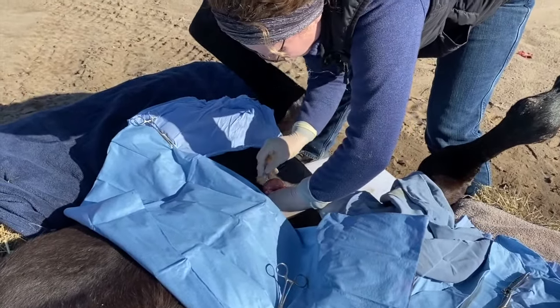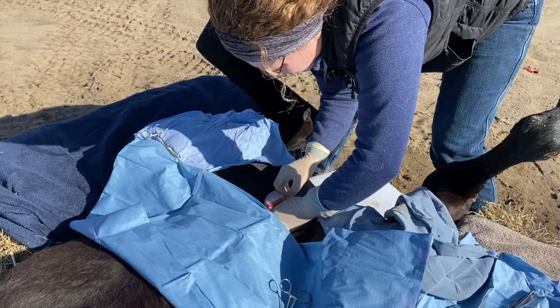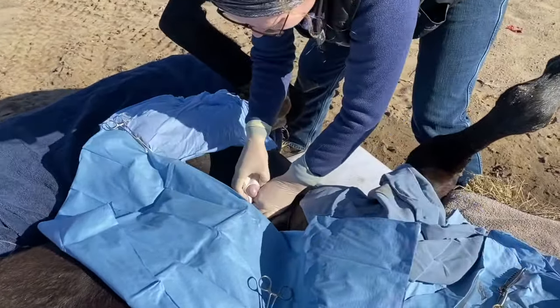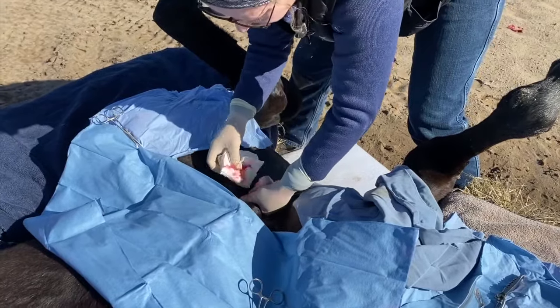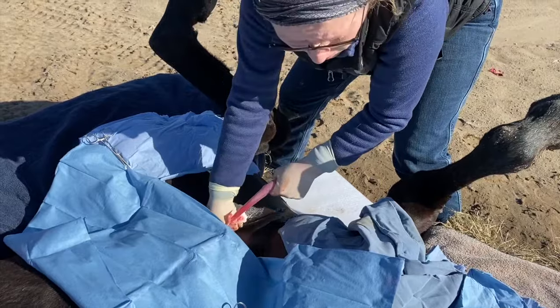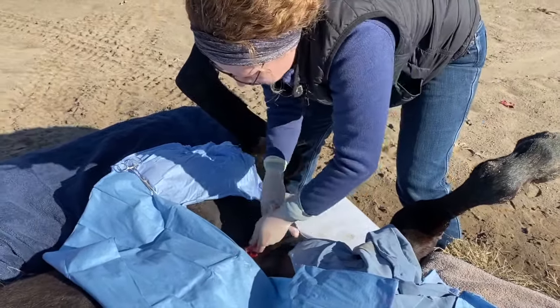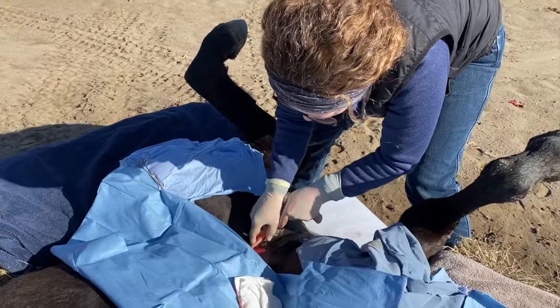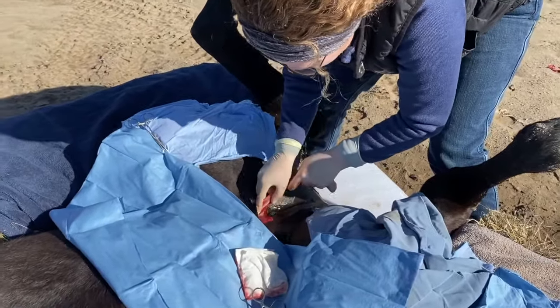Now I'm isolating the left testicle, first with a scalpel blade, and now I'm manually removing the outer fascia around the testicle and spermatic cord to better expose the cord for clamping and suturing. The cremaster muscle is separated from the cord,